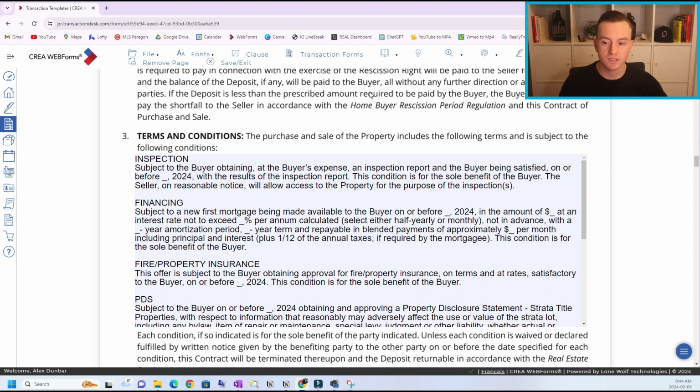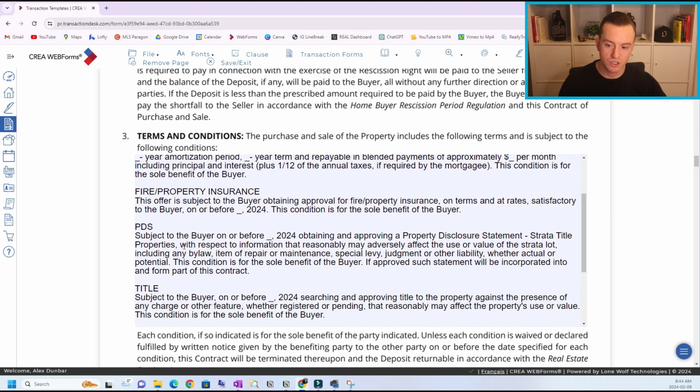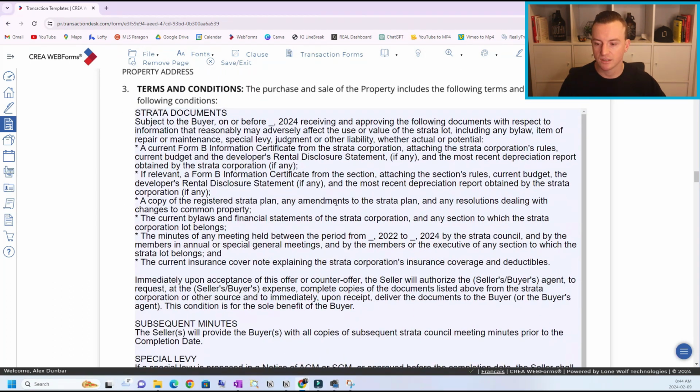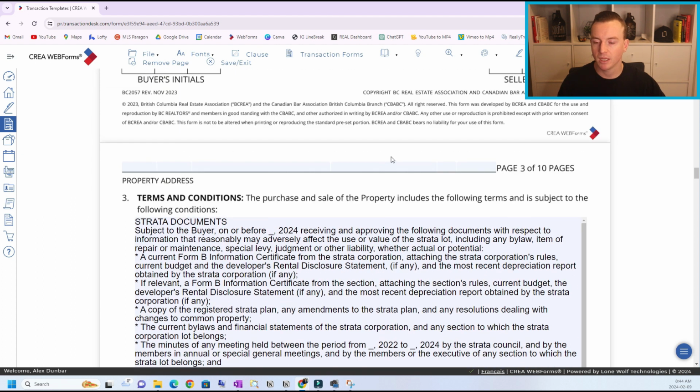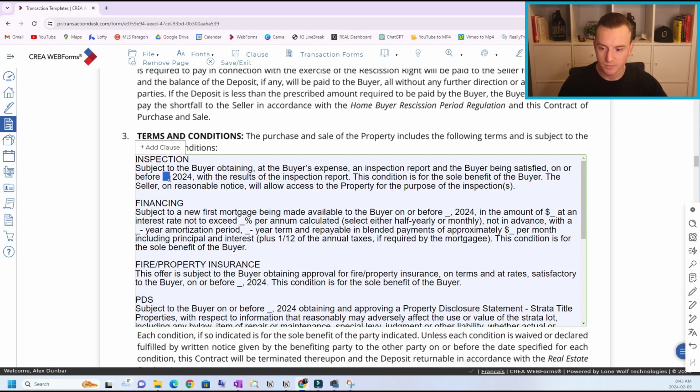So some of the biggest ones that you're going to typically see are home inspection, financing, property insurance, and then technically property disclosure statement and title. And then for a strata property, which we'll see on the second page, is approving and reviewing the strata documents. But just going back for a second, what you're gonna have here is actually fill out the date of when these subjects need to be removed. So I would say in general, what I see is anywhere between 5 to 12 days. Can be shorter, can be longer, but this is generally a pretty good